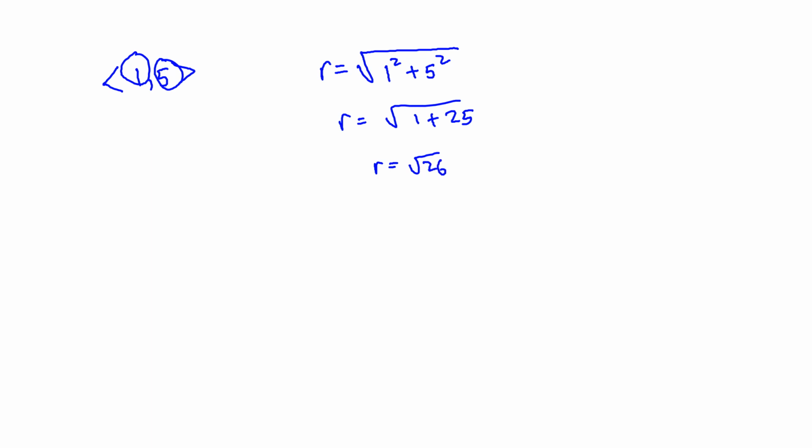All right, so once we have that, now let's find the angle. We already said that to find the direction angle, we're going to use the inverse tangent. So tangent -1. That -1 always means that we're reversing some trig function to get the angle. We know that we have to do y divided by x. So our y value in this case was 5. So it's going to be the arctangent of 5 over 1. And so that's going to give us,